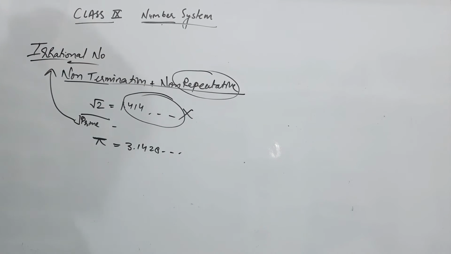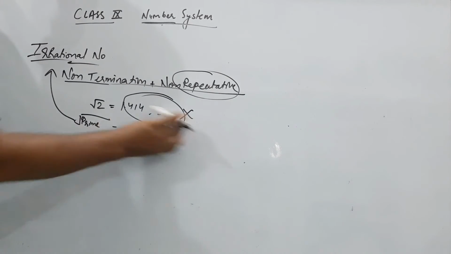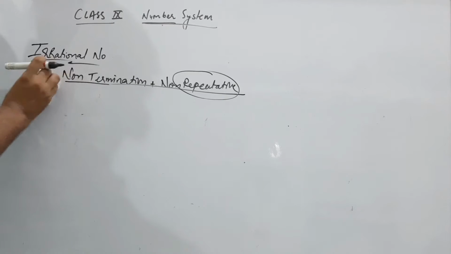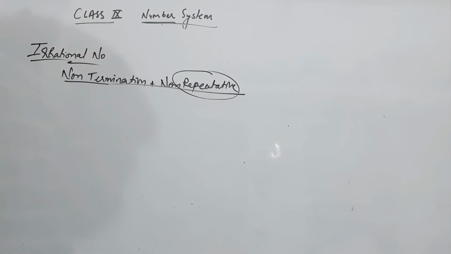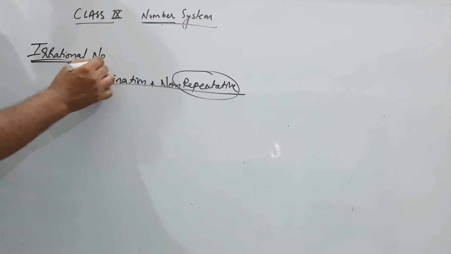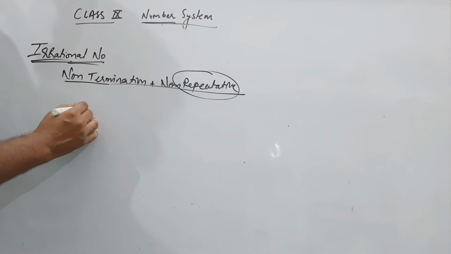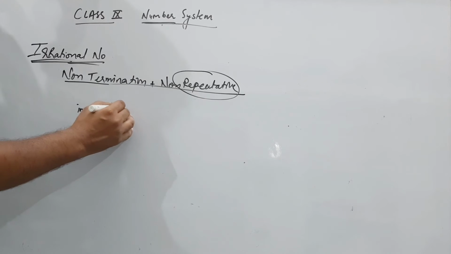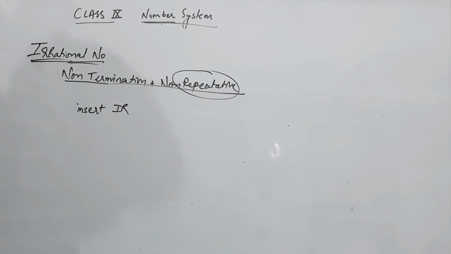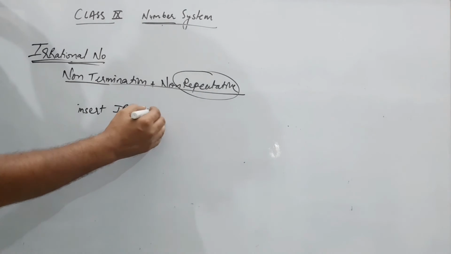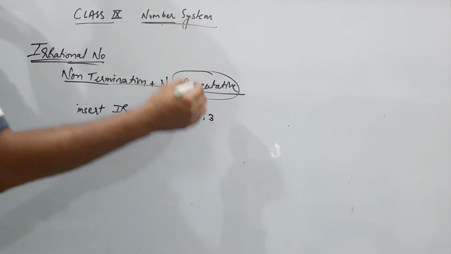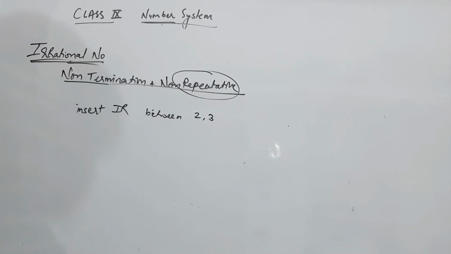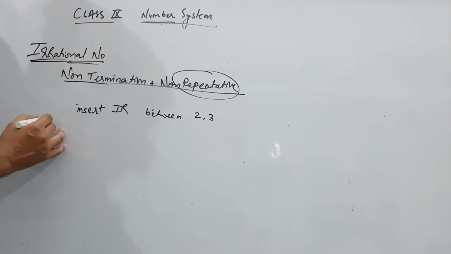Now let's move on to the type of question that we get on this. Previously we were asked to insert a rational number, and now we have a question to insert irrational numbers between, like, 2 and 3. So there are two methods. First method,